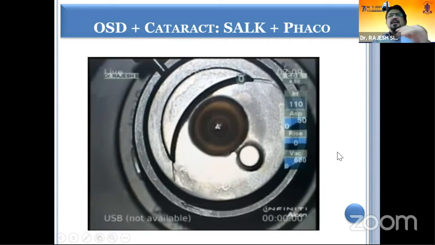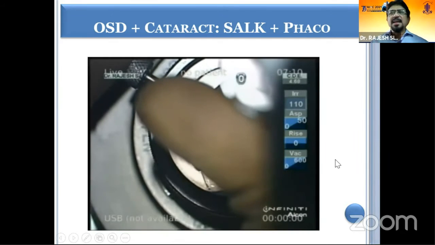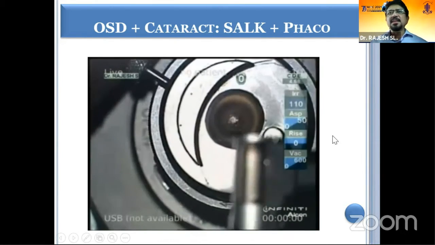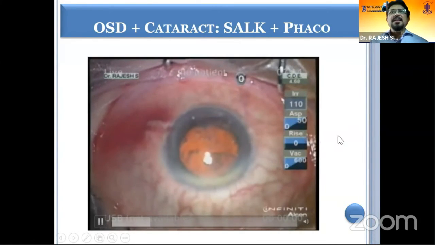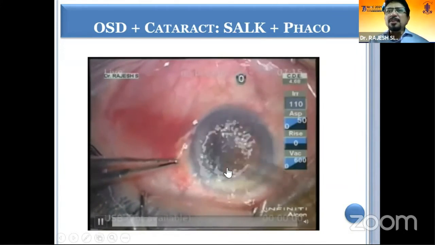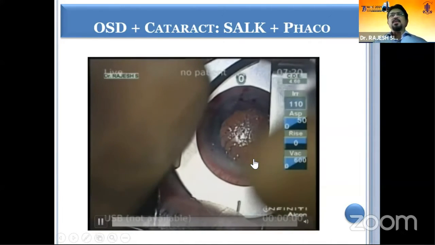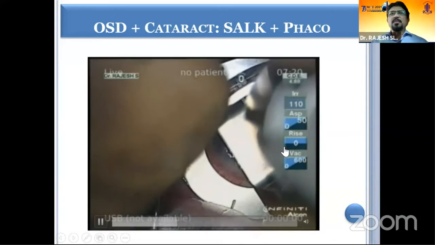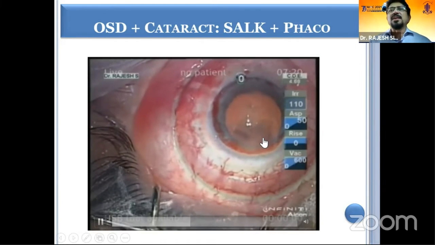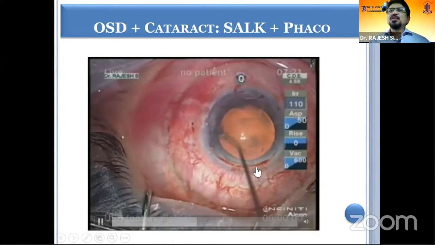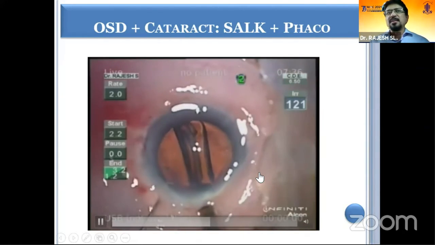This is a surgical example of a case wherein sutureless anterior laminar keratoplasty was done in a case of Salzmann nodular degeneration, an ocular surface disorder. The donor lenticule has been fashioned, and this is a case of trachomatous keratopathy. If you have one or two small nodules, they require manual removal. Once you remove it manually, you cut it with the microkeratome head. After removing the superficial opacity, you can see how clear the cornea has become. There is some amount of cataract in this, so you can very well do cataract surgery also, so that the visual rehabilitation is complete in this particular case.